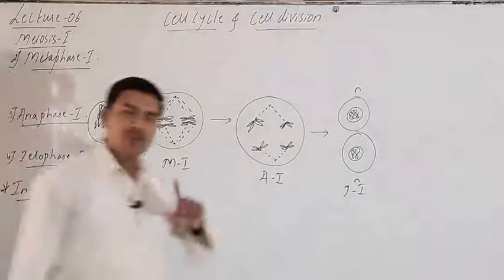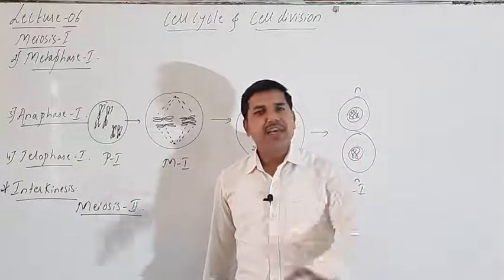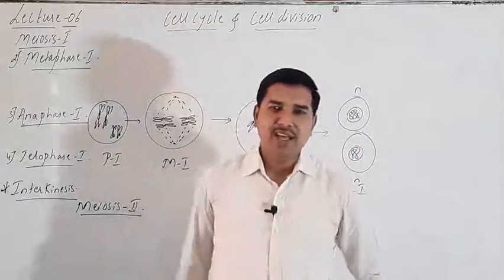Then meiosis 2 has how many phases? Again the same 4 phases. The characters are exactly the same as what you have written in the